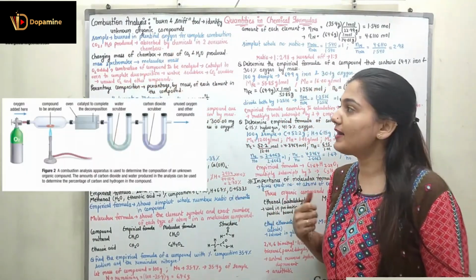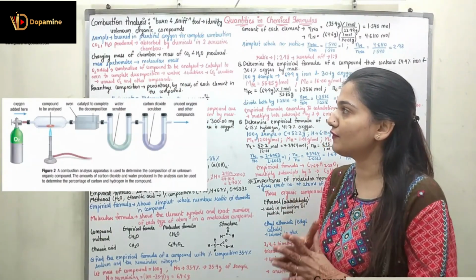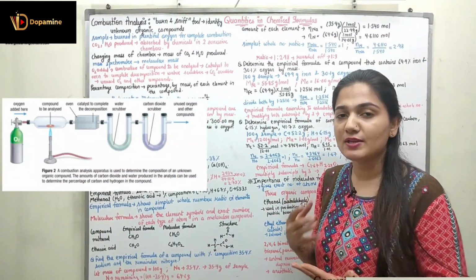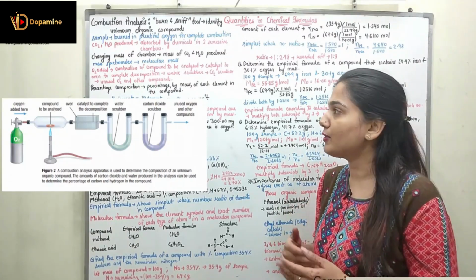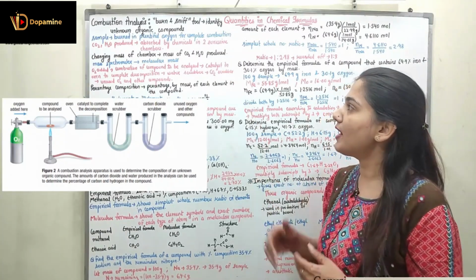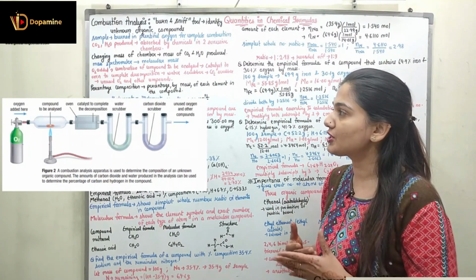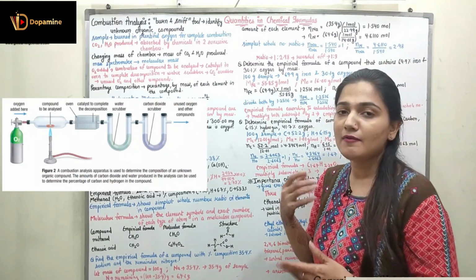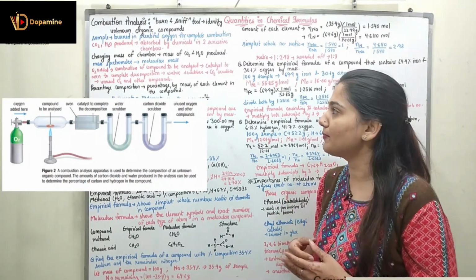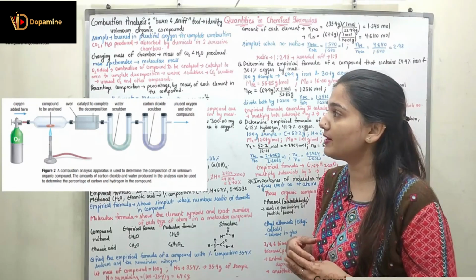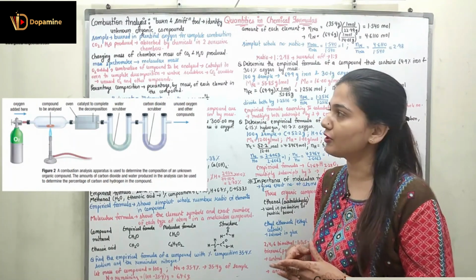Now first of all we are adding the oxygen, you can see in the figure, then we are doing the combustion of the compound to be analyzed. You can see we have placed the compound to be analyzed and we are now doing the combustion of this. Now we are placing the catalyst in the oven to complete decomposition, right? And after that we are finding out the amount of the H2O and CO2 from the water scrubber and the CO2 scrubber, and the unused O2 and the other compounds are removed, right?